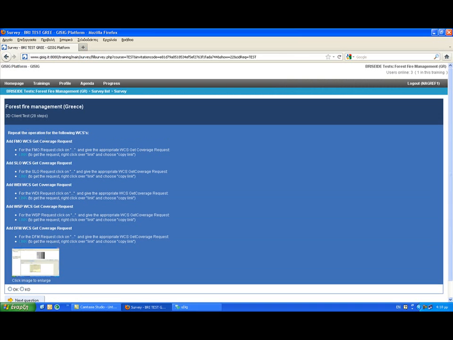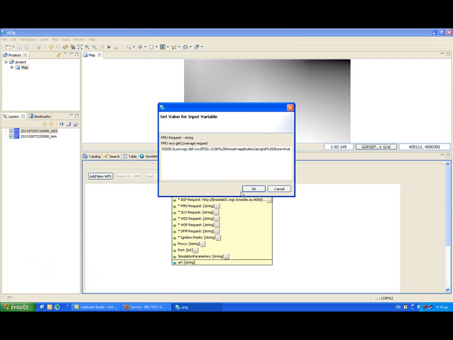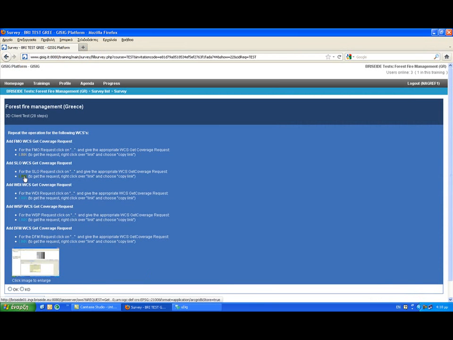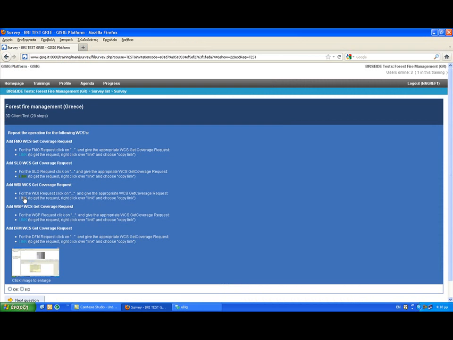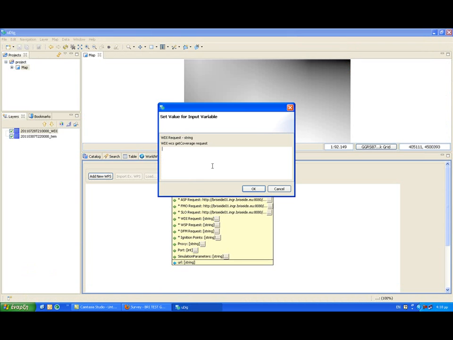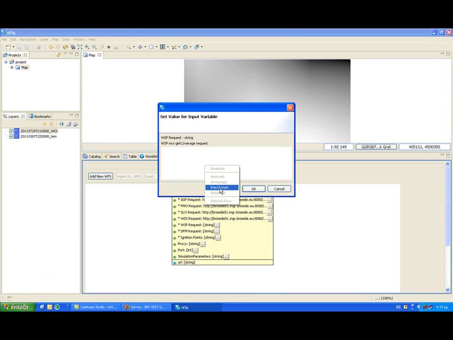And repeat the operation for the following WCSs. For the FMO request click on and OK, so it's a repeated process. We click on this and paste. OK, go back for slope, copy the link, go to 0 1, go slope and paste request, and then again back, wind direction, copy the link, go back, wind direction, paste, OK, and then wind speed, copy, paste, OK, and then